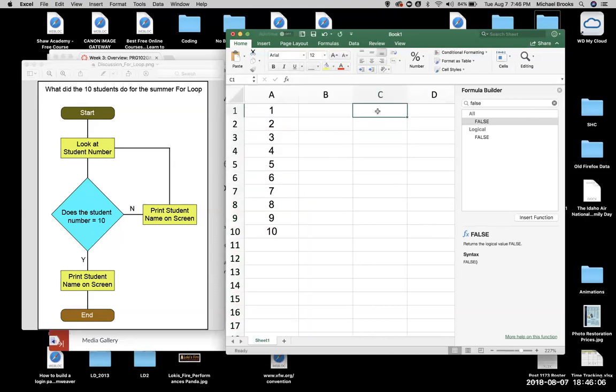So what we're going to do is take a random number. And I need to put the equals. Now, based on that, let's see. Now we're going to put a random, but first, we're going to say if